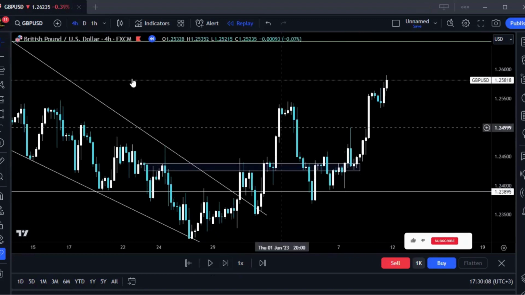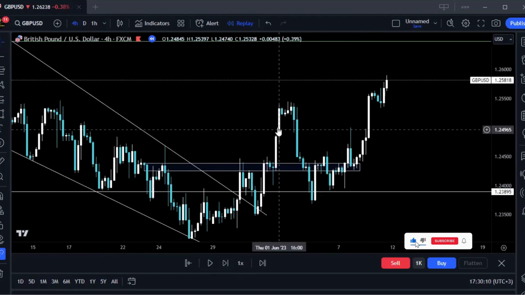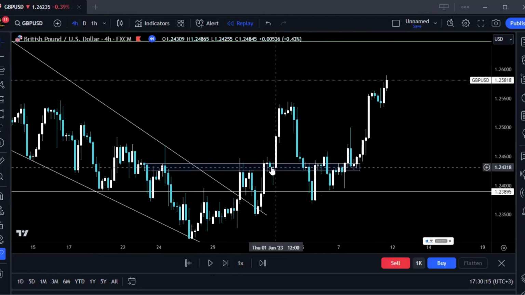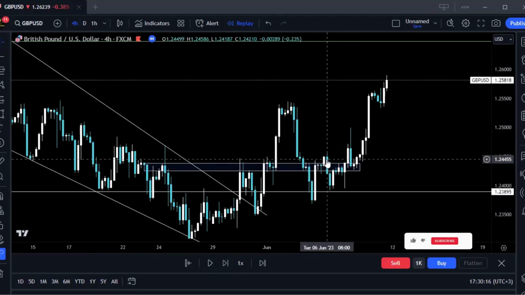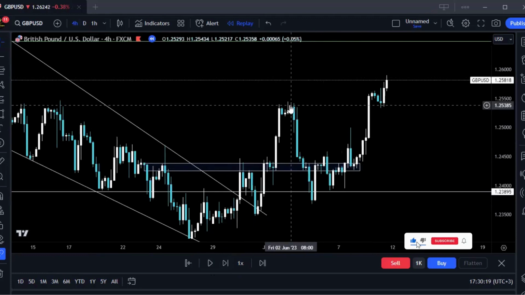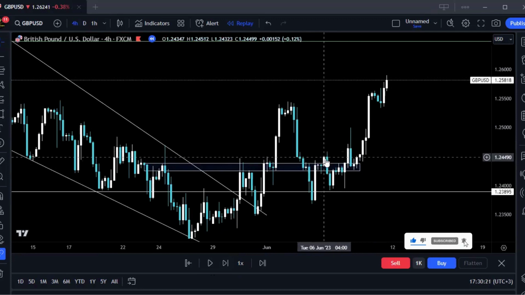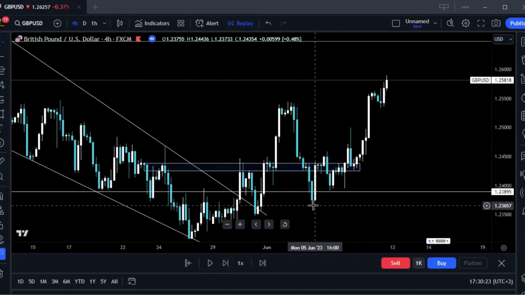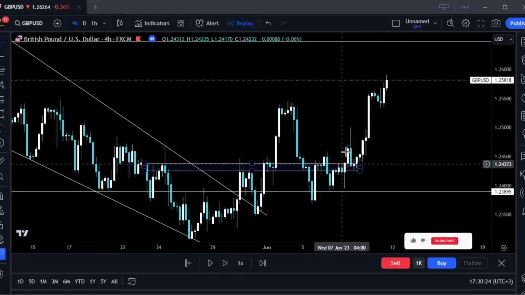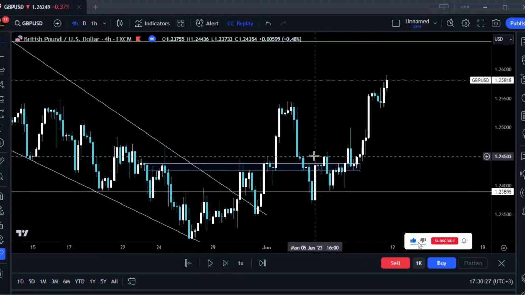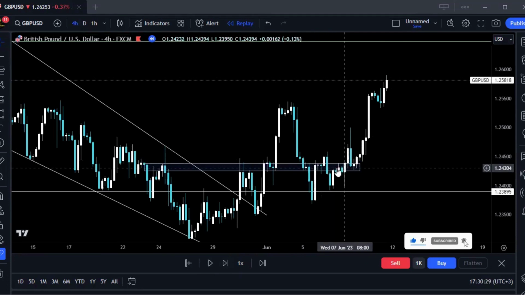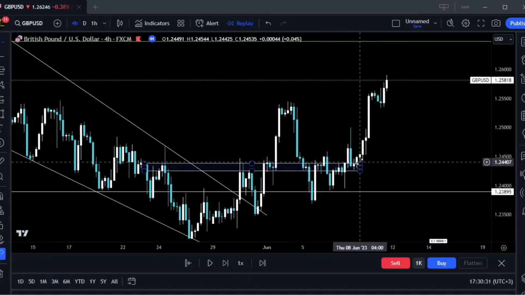So obviously, we first need to see a change of trend. We had this bearish pump. Prices created a high, which would be a lower high, and then prices created a higher high, a higher low, and then a higher high. So that means the trend is back bullish. So we need to see a higher low. But